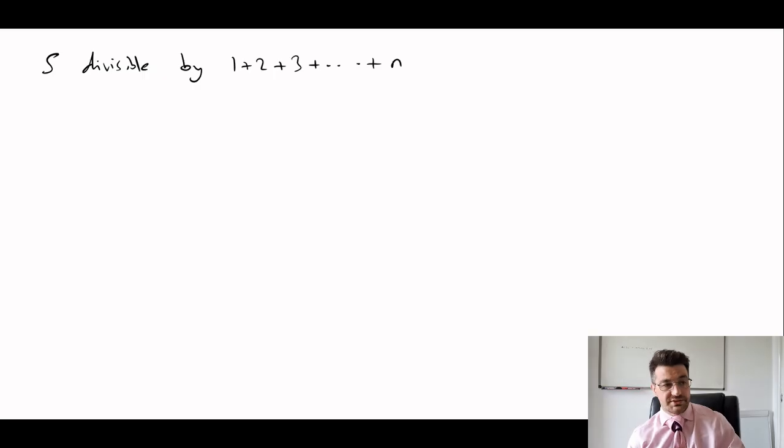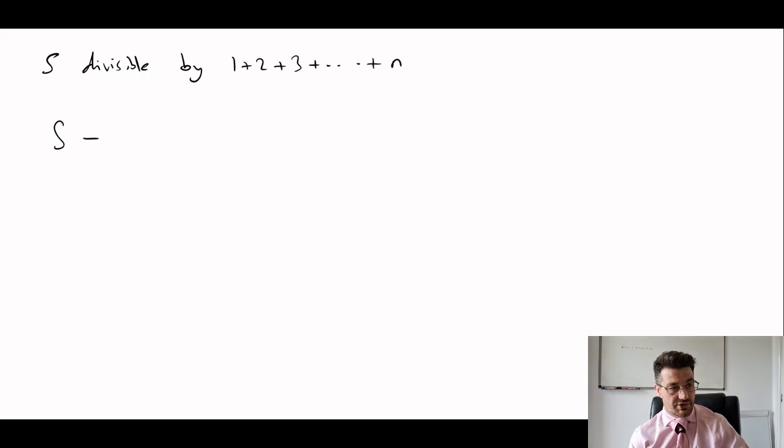Okay, but sometimes you've just got to be prepared to try things out. So there were a couple of things that I tried, first of all, that I didn't expect them to work, but because at the time I didn't have any better ideas, I just tried them out anyway. So I thought, well, okay, if s is divisible by,